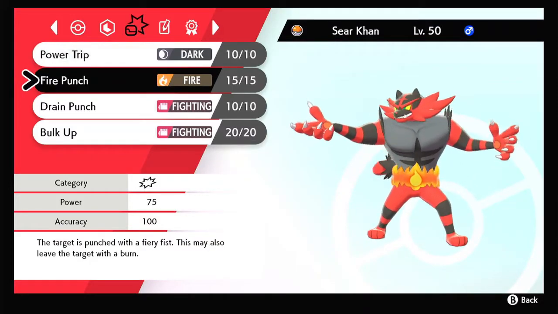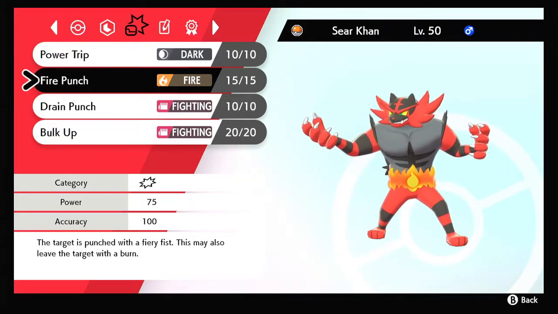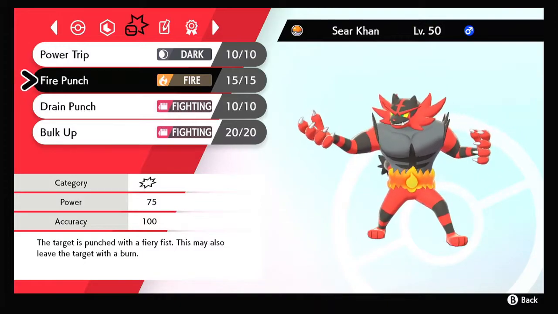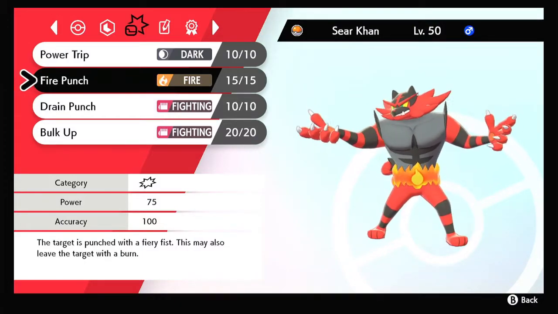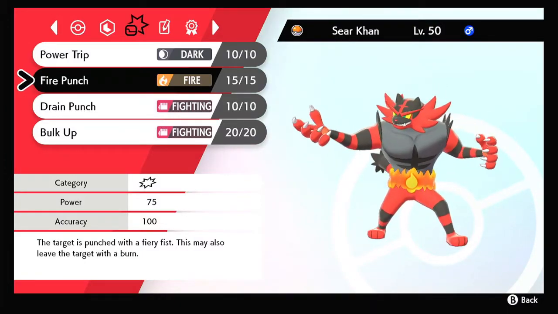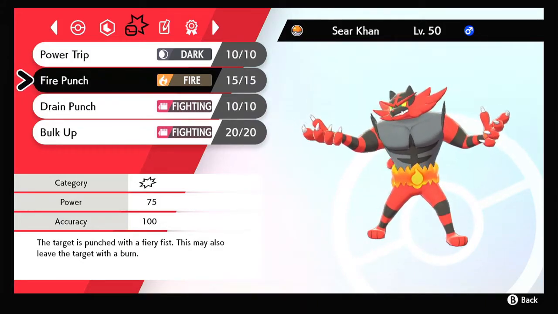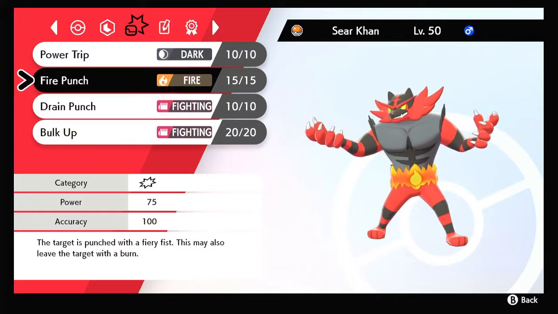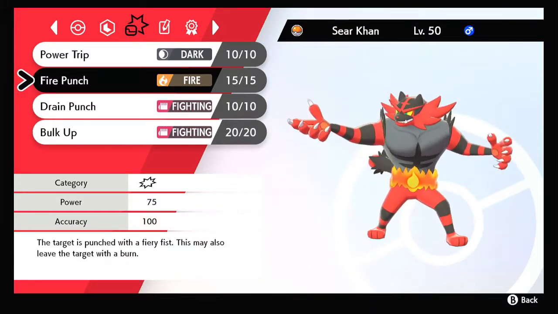Next, we have Fire Punch. It's a reliable 75 base Fire type move. You got STAB with that one. The reason I chose Fire Punch over Flare Blitz is because it doesn't have the recoil damage. Although depending on the needs of your team, you could always swap it out with Thunder Punch if Water types